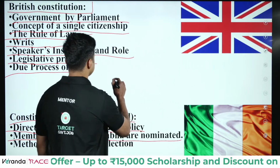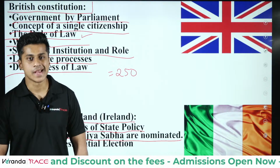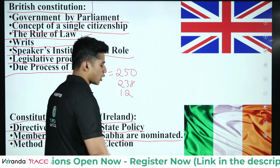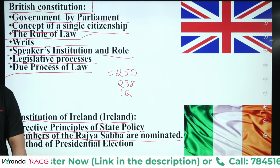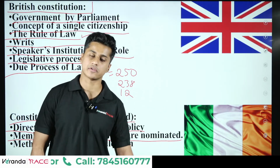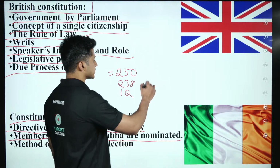In Rajya Sabha, out of 250 members, not all 250 members are elected. Only 238 members are elected. The rest of the 12 members are nominated by the President, on terms of achieving great feats in social service, art,